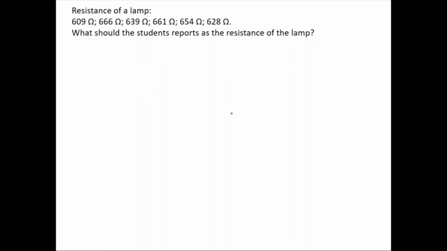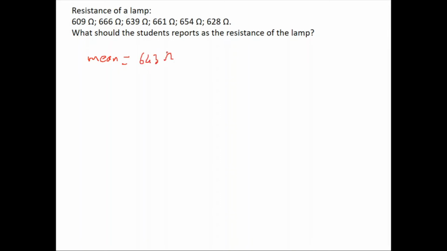Let's look at another example. Here we have some resistances and they are measured. What should the student report as the resistance of the lamp? These are the different measurement values. How are we going to report our measurement result? First, again, let's look at the mean. If we calculate the mean here, it is going to be equal to